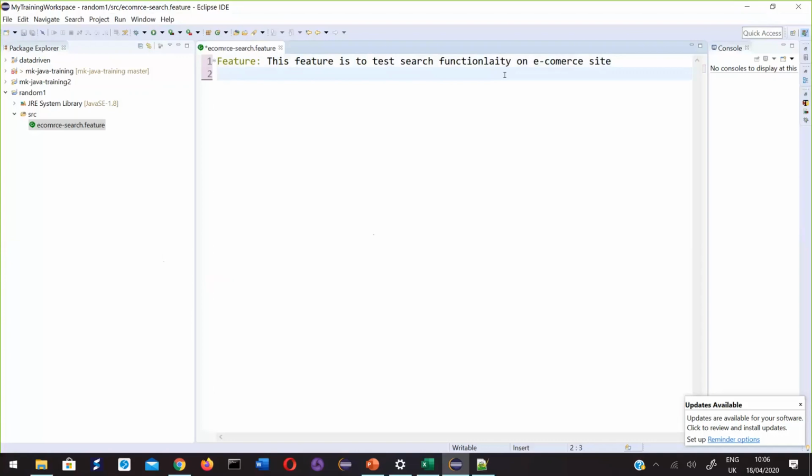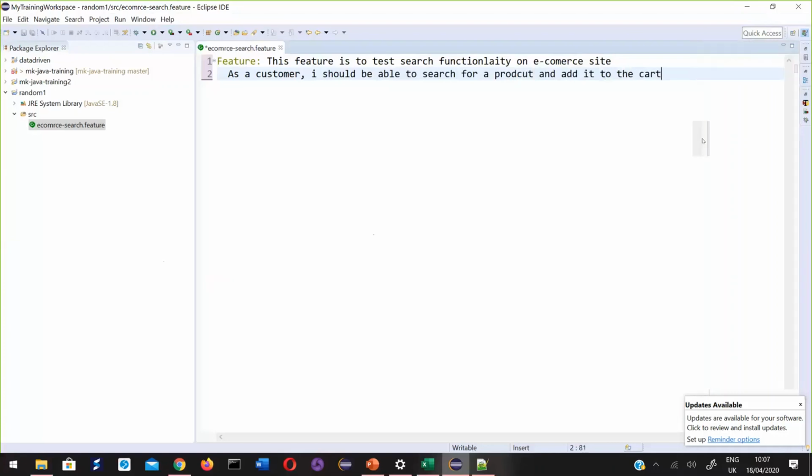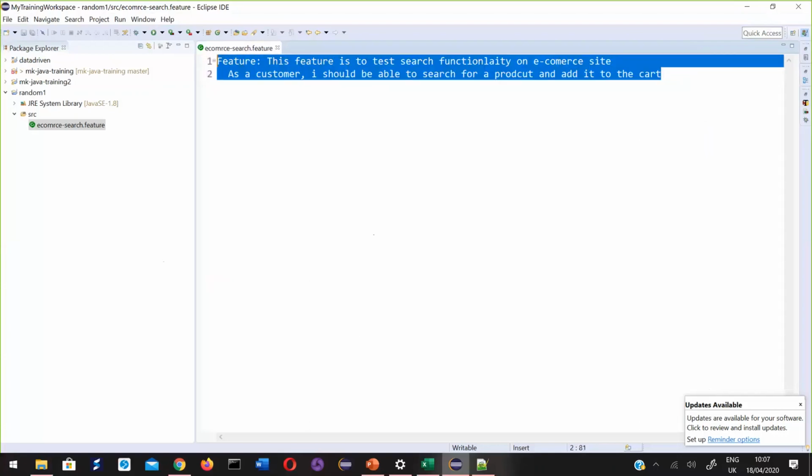As a customer, I should be able to search for a product and add it to the cart. So this simply describes what this feature file is going to test.